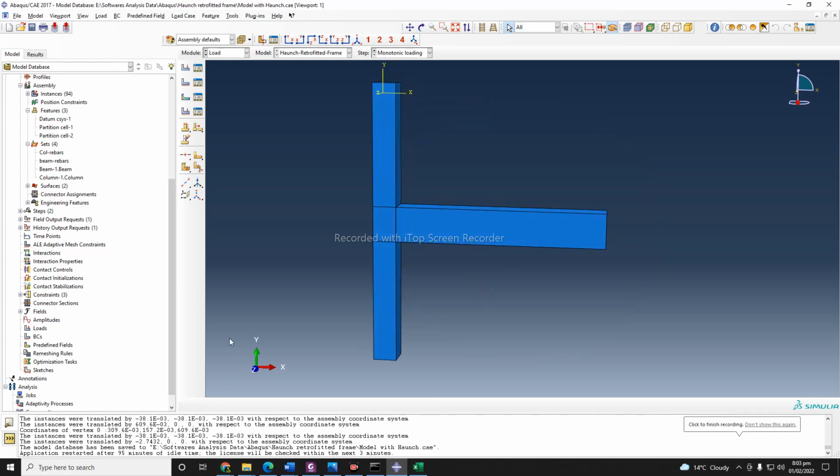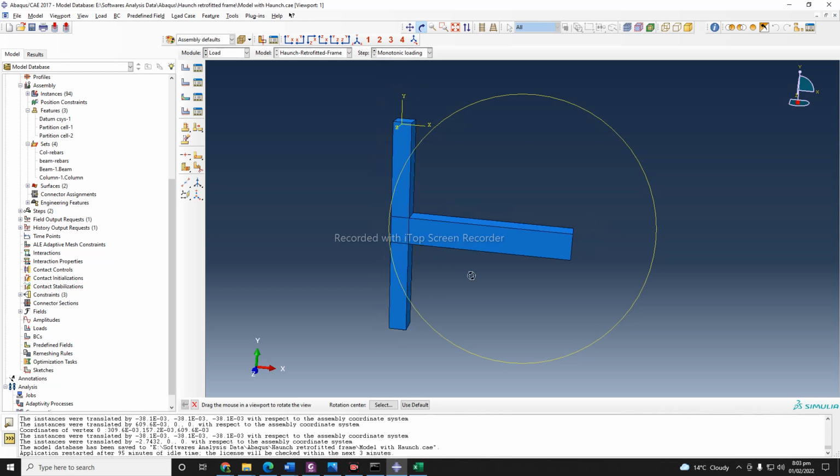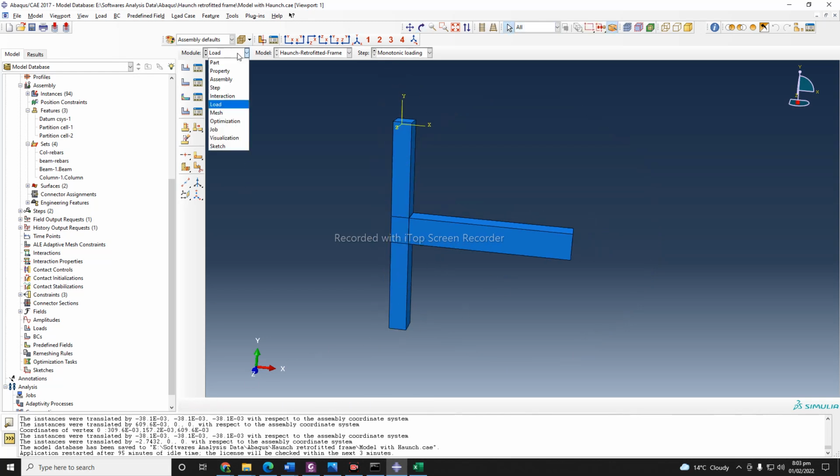Okay, so welcome back. Let's continue our modeling. In this video we'll be doing the loading module in Abaqus 2017. Okay, so the first thing is that we can also define loading in this module, and we can also